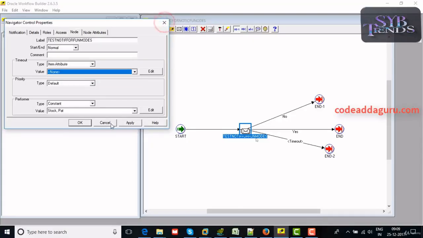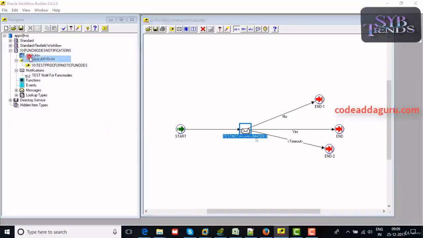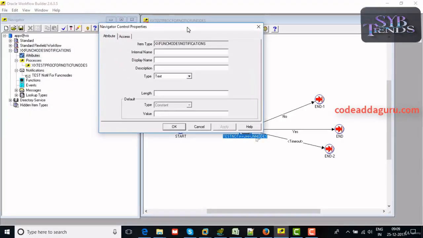First, we will create an item type. Then we will go for an item attribute at notification level for setting the timeout. I'm using here timeout for notif, and here it must be a number. You can't use other than number. The type must be number,